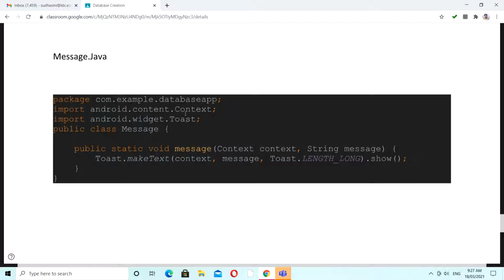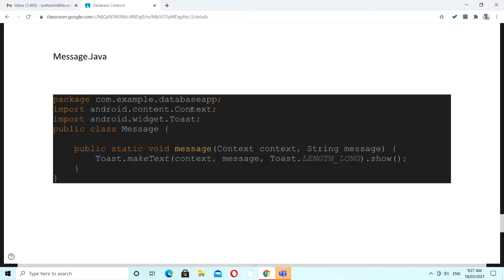Okay, so what is the use of this Context? It is going to give you the complete information of your activity. I mean, if you want to pass any kind of information to another activity, this is going to give you what is happening in the present action, the present activity. So which activity I'm using, and what kind of information I'm going to pass from one activity to another activity. It's going to give you the complete idea about the present situation of an activity. So that's why we are having this Context.